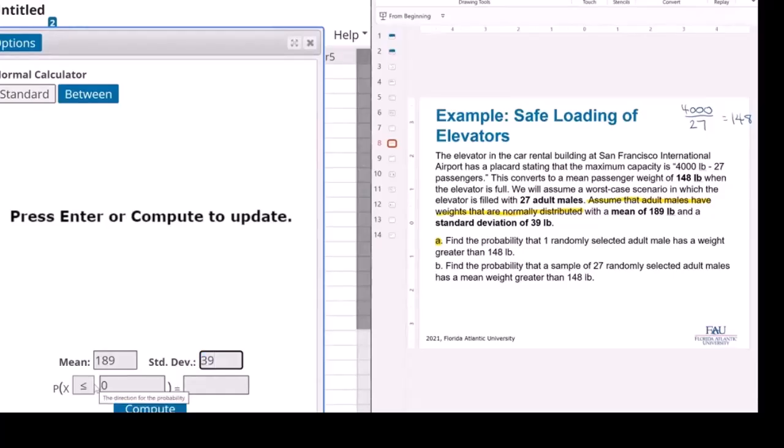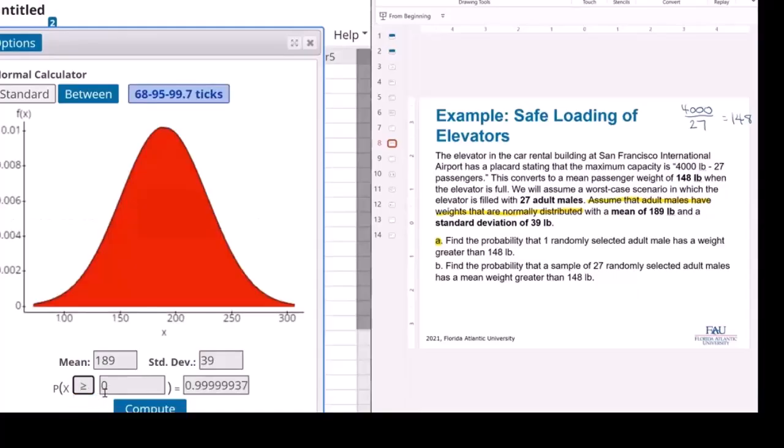And I want to find the probability that a man has a weight over 148 pounds. Because if I have 27 adult males piling into an elevator, I want to know what's the probability that it's going to be more than 4,000 pounds inside of that elevator. For A, our probability is equal to